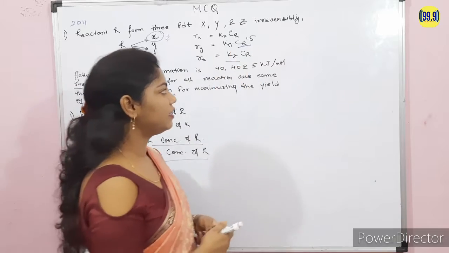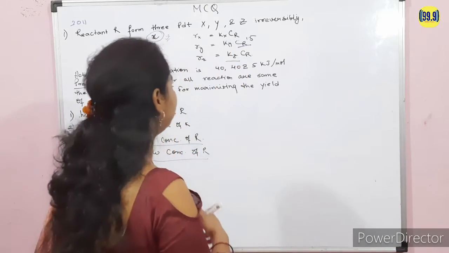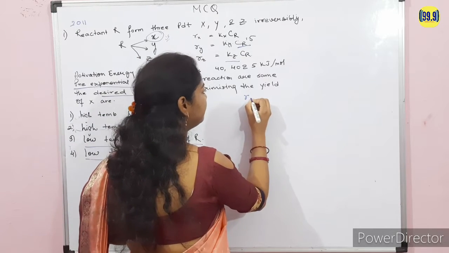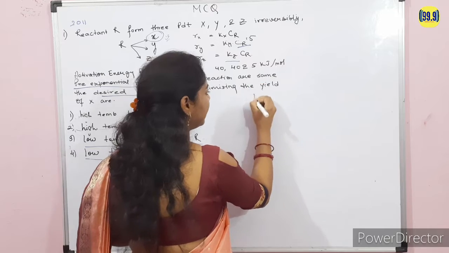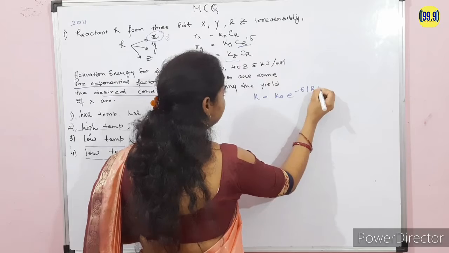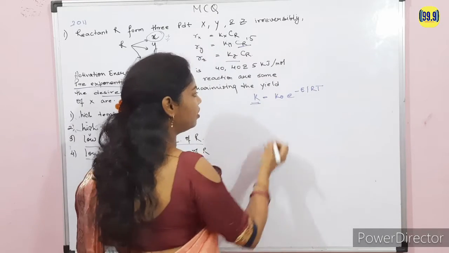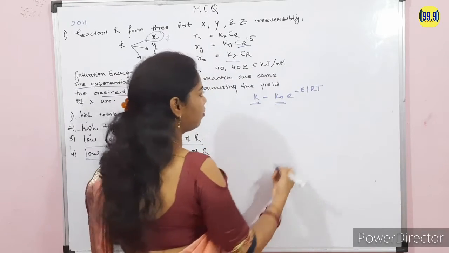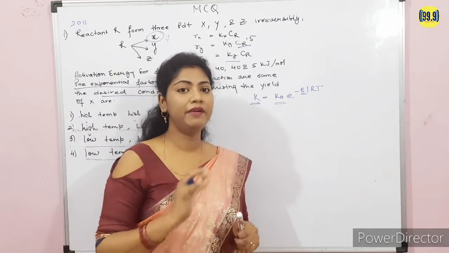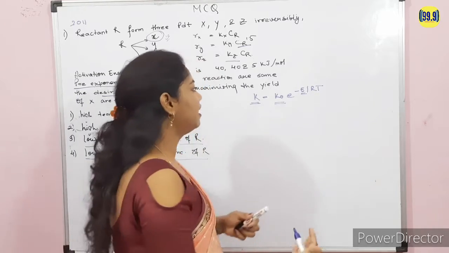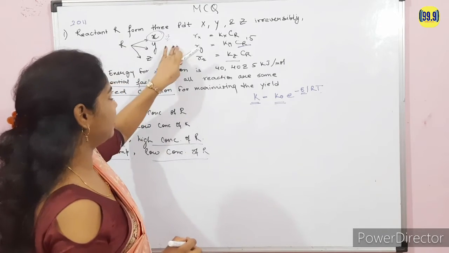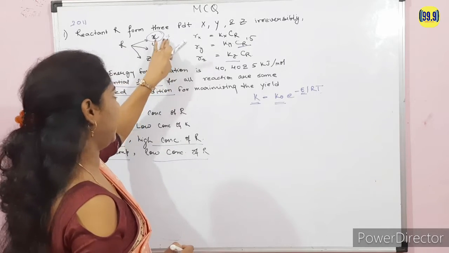In that lecture you can see that the reaction rate constant is taken from the Arrhenius equation, that is K is equal to K naught e to the power minus E upon RT. So this is the reaction rate constant. K naught is the pre-exponential coefficient, E is the activation energy, which is the minimum amount of energy required by the reactant for starting the reaction, and T is in Kelvin. Here our desired product is X.